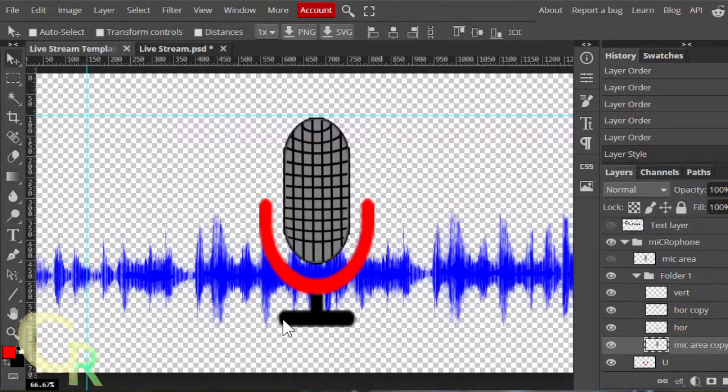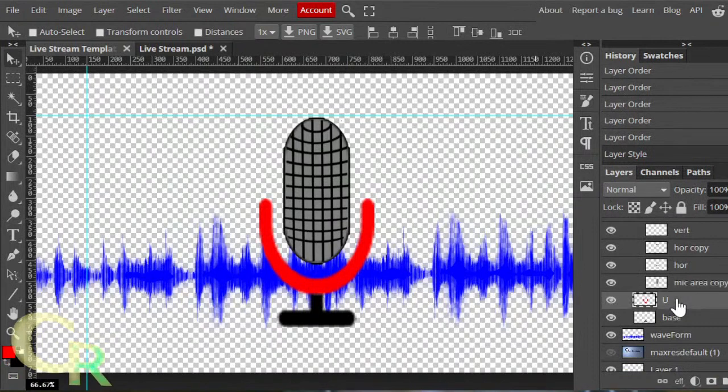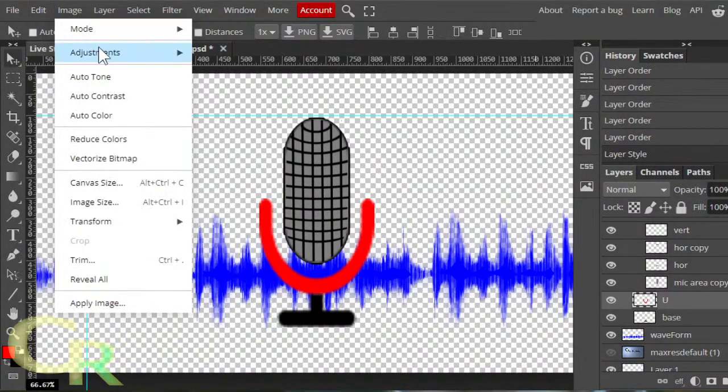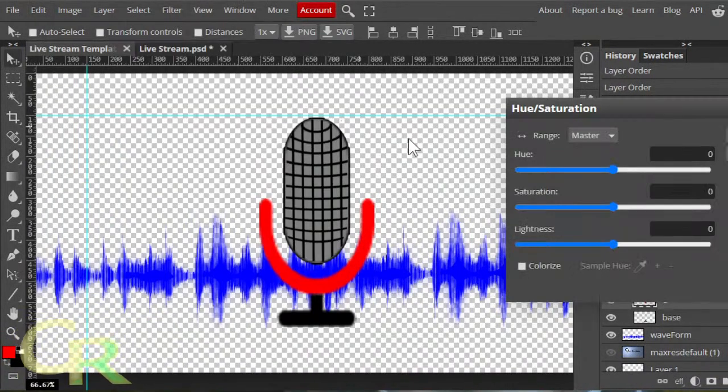Let's see. I want to change that red in there, I think. On the U part here. Do a different color. I don't like that right now. On that blue. I mean, cool.